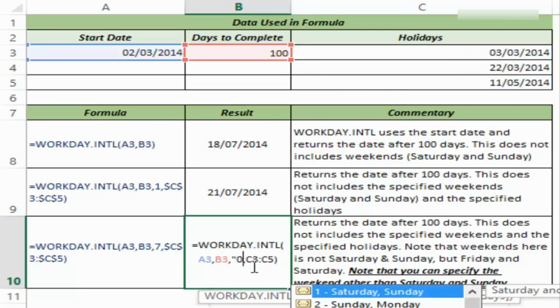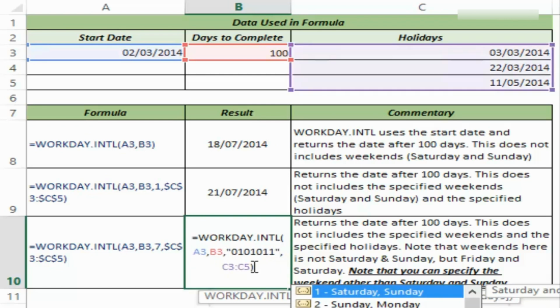so it works this way. I would type 0 for a working day and 1 for a day which is not working, and it always starts with Monday. So if I say my Monday, Wednesday and Fridays are working, then I would type 0 for Monday, for Tuesday I would type 1, for Wednesday I would type 0, for Thursday 1, for Friday 0, and for Saturday Sunday 1, and I